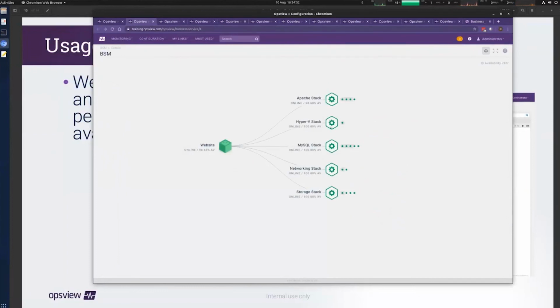Not the individual availability of each specific component or each specific system, but the overall availability of the website. So if this Apache stack had remained online, but we've been modifying 25% of the hosts within it, our website would have remained online. So when it comes to running this report,